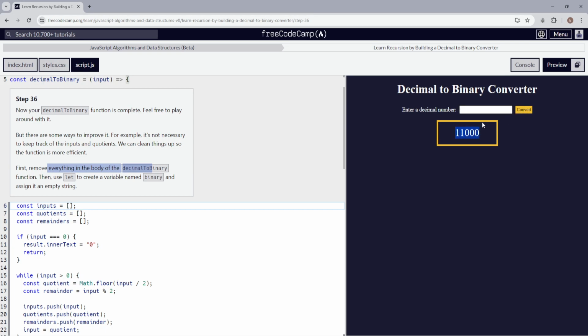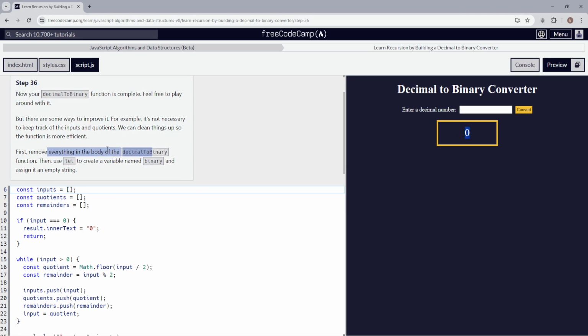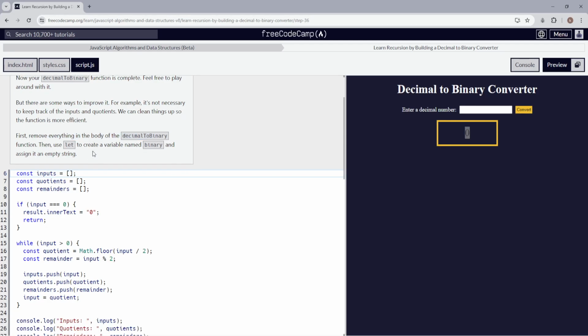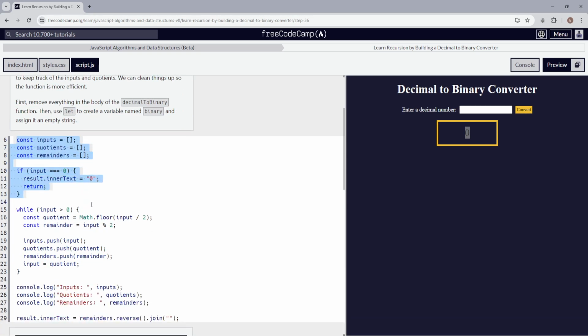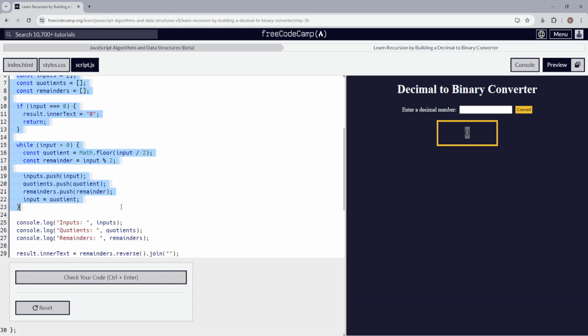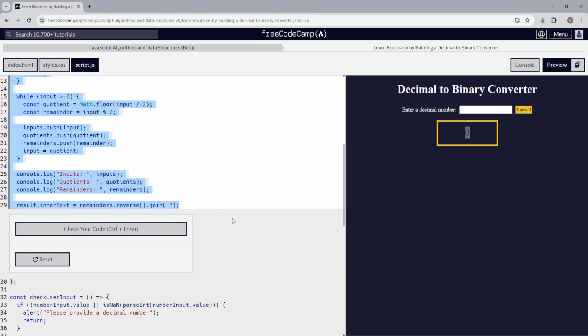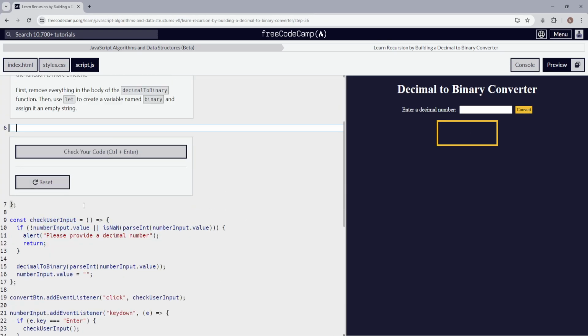24 will give us this. So 244, let's try 0, and okay, perfect. So now it says first remove everything in the body of the decimal to binary. So line 5, we have our decimal to binary function, and it wants us to remove everything inside the body. So all of this. Now we just have an empty body,